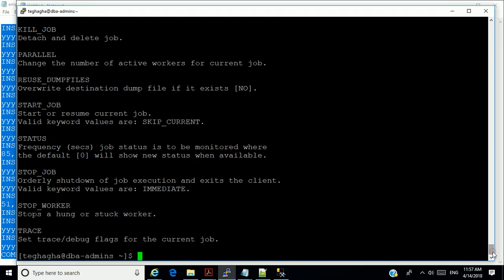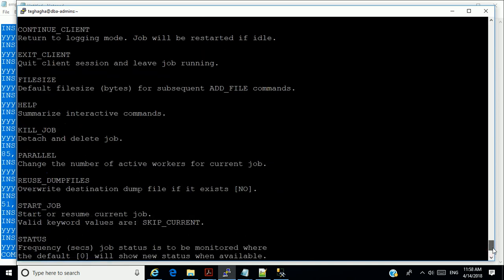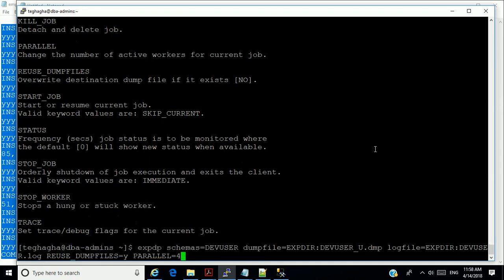For instance, if the dump files are going to be very, very big, we can set the size of each file. Look at it for instance now. Even with your parallel on or without the parallel, I could set the file size, for instance to 10.